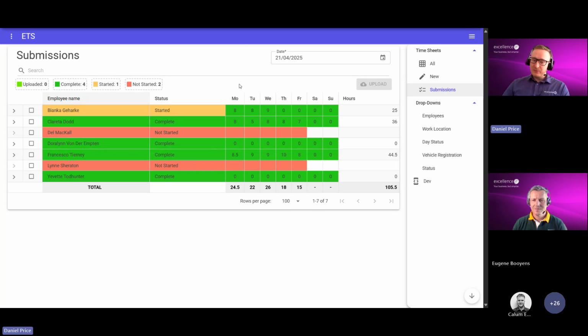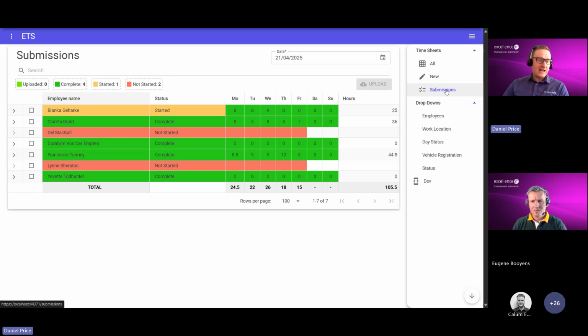They found that their admin staff were having to process quite a lot of paper timesheets that their employees were filling out. So they would scan them, upload them to SharePoint, and then they would also have to read them and process them and enter that data into their system. So we came up with a solution where their employees could simply log in on a mobile device or a laptop and easily enter their weekly hours for the week.